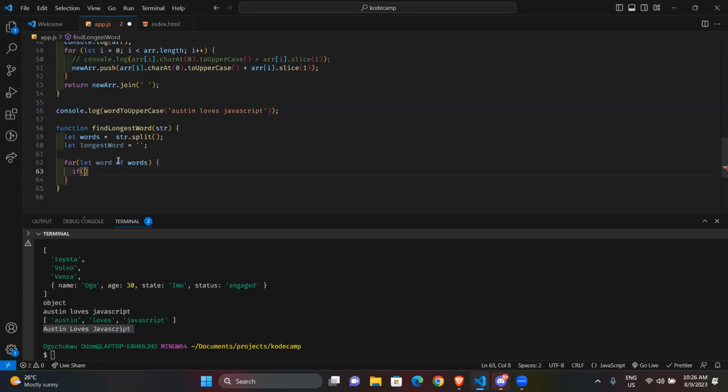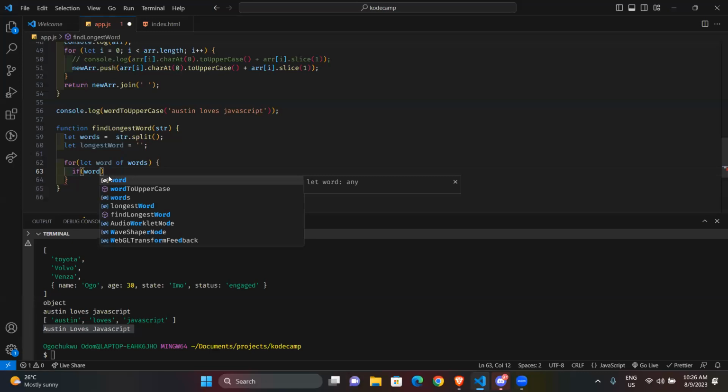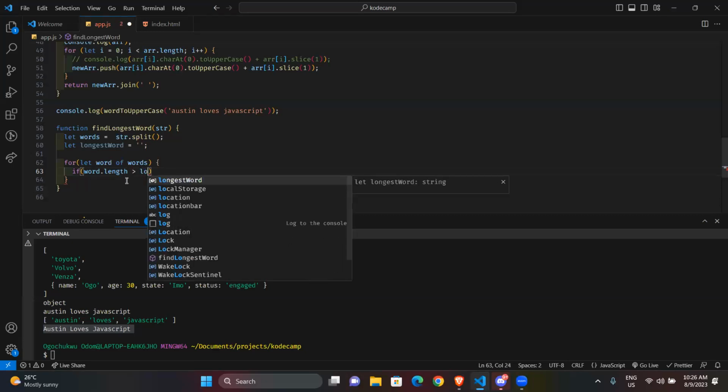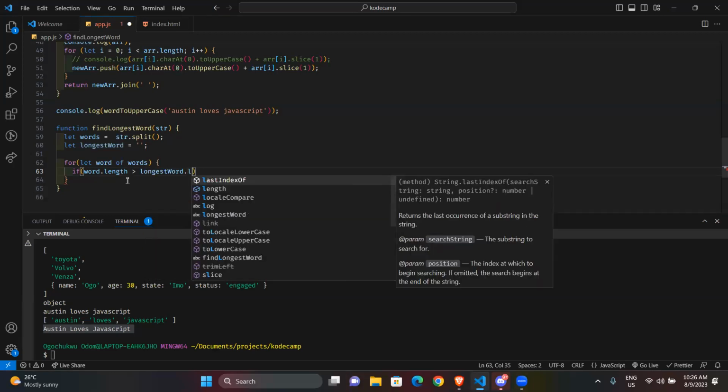So for each word that goes inside here, if the word.length is greater than longestWord.length,